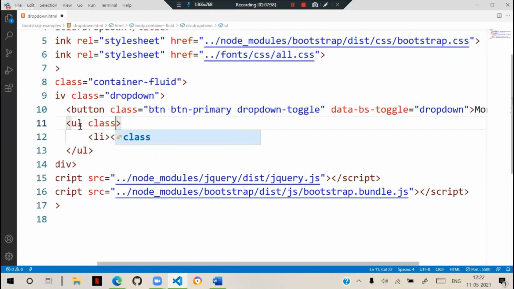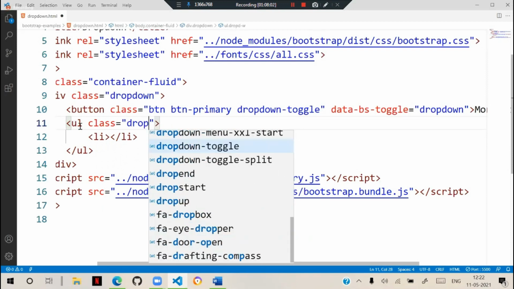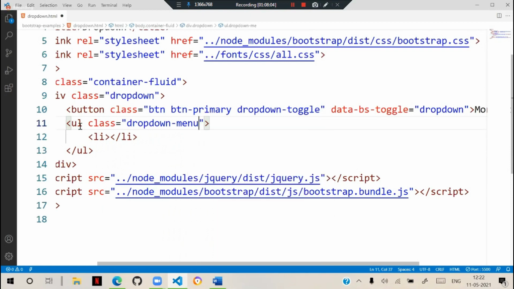That means we will put the class as dropdown-menu. And we can put colors and effects, whatever we want, according to primary, secondary, these options we can keep.